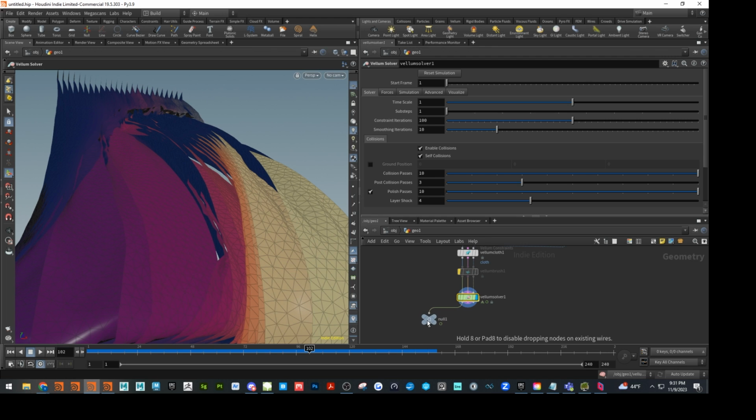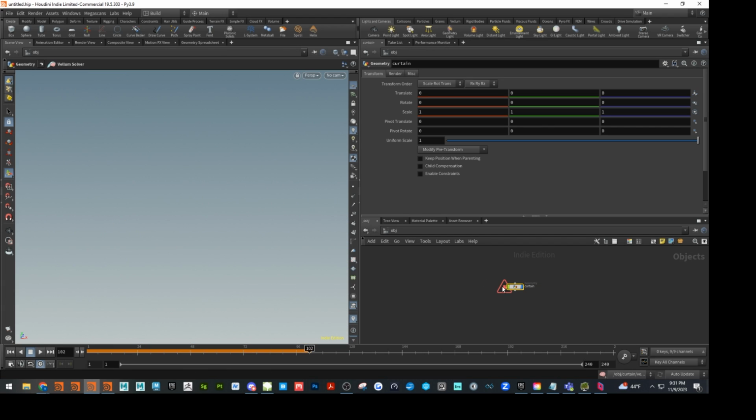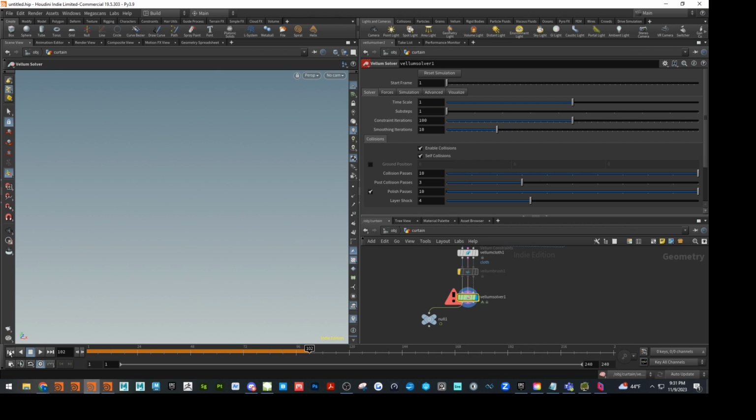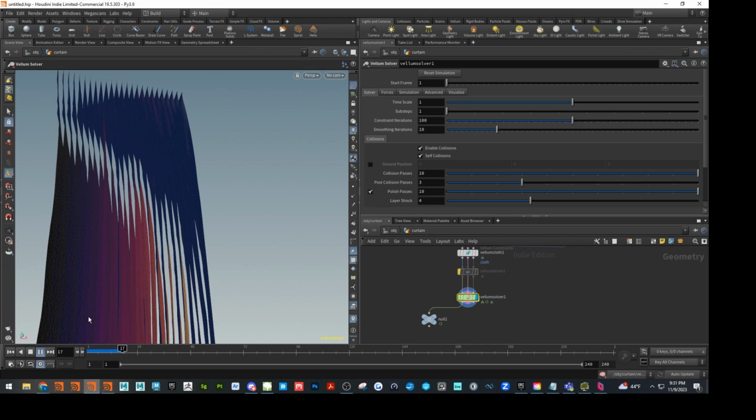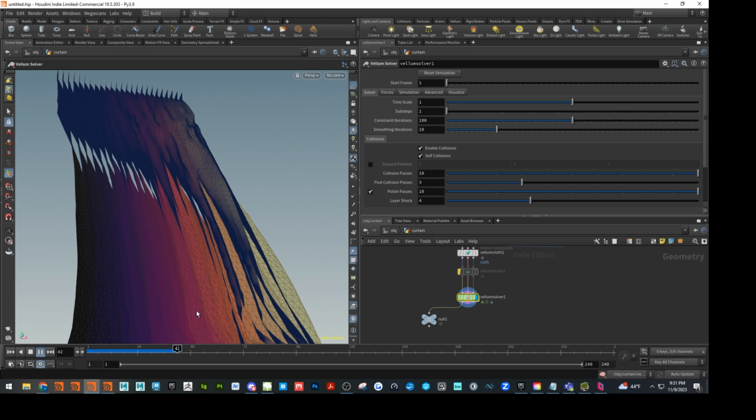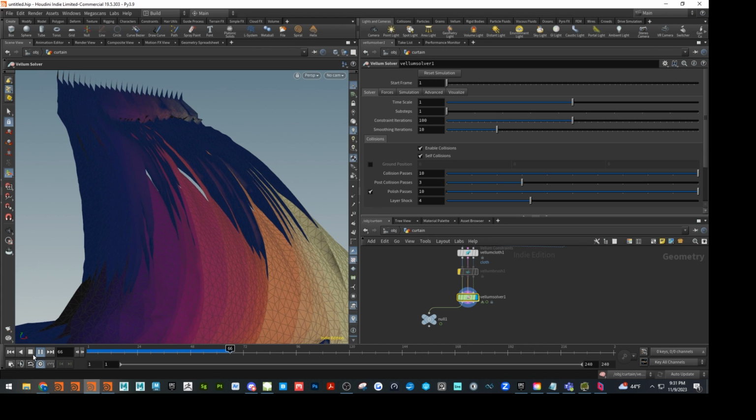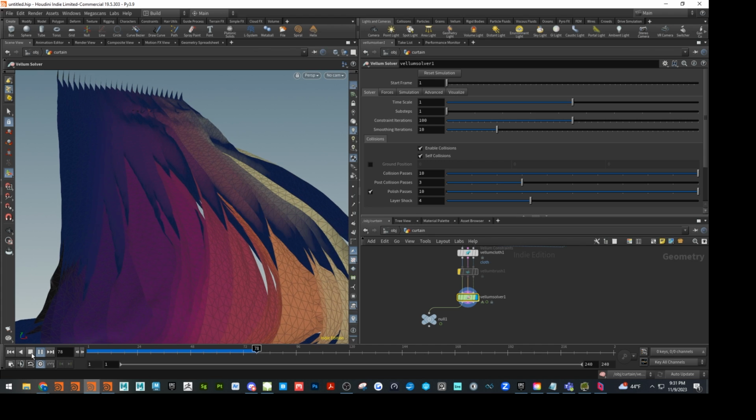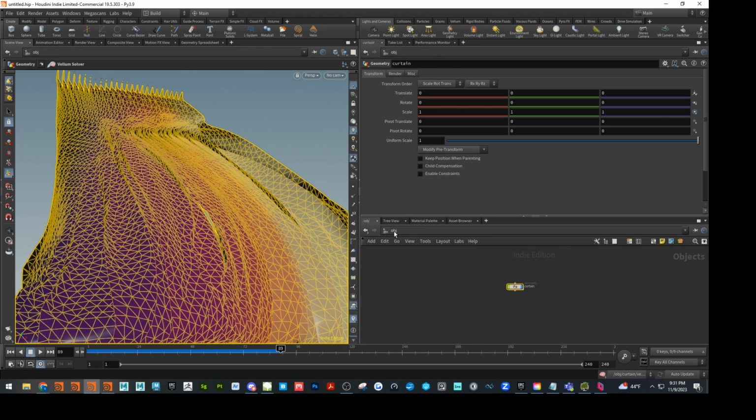Oh, there's that. We're going to jump out. We'll just call this curtain. And jump back in with the sim again. This will just take a second. There we go. Now I am going to jump out to the stage